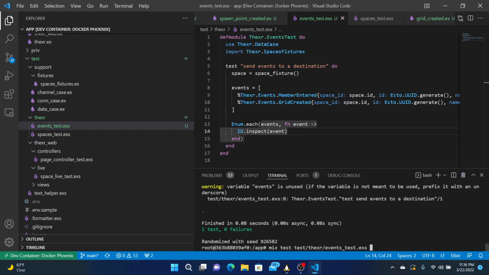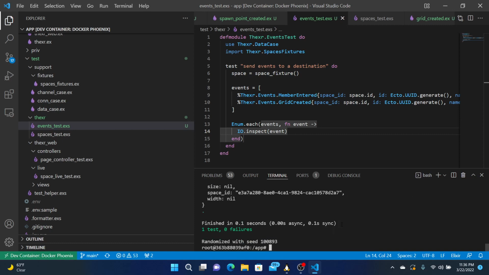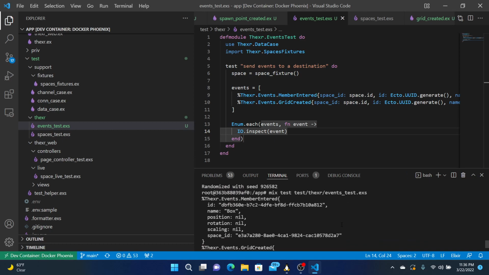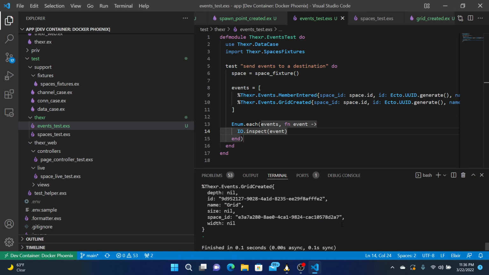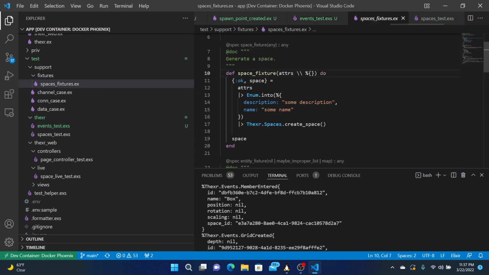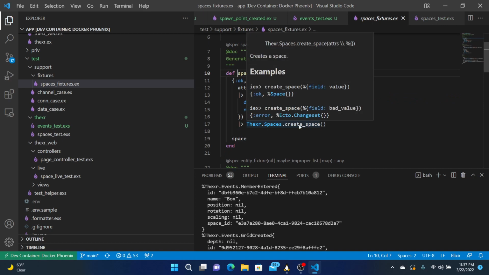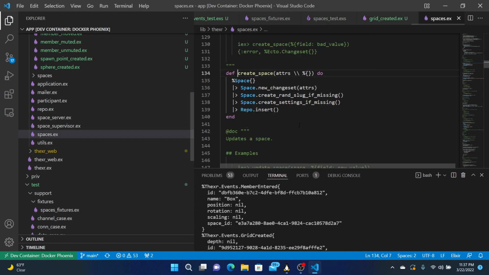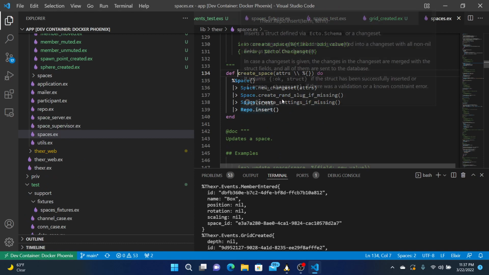Yeah, the first one was member entered and then grid created, so it goes through the beginning. Sure, yes. And we want to be able to pipe them to something, right? So this space simply created an entry, and that's fine.